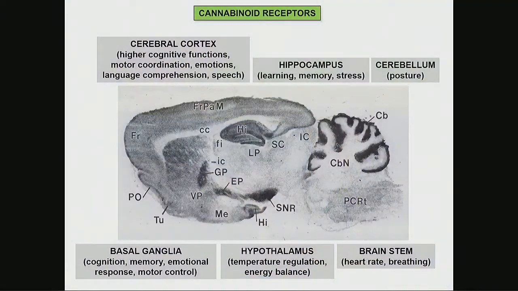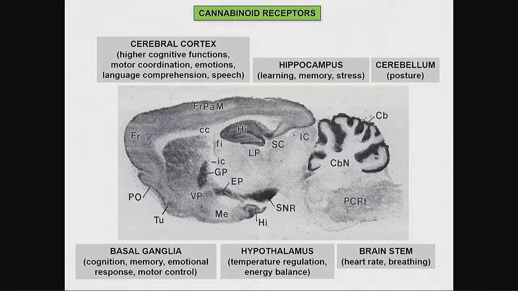And it is very important to know where we have cannabinoid receptors, because if we know where they are, we know which functions can be targeted or modulated by cannabinoids. But it's also very important to know where we don't have cannabinoid receptors. If you see this image, there is a very large region, this one, the brainstem, that does not express cannabinoid receptors. Here, there are no CB1 receptors.